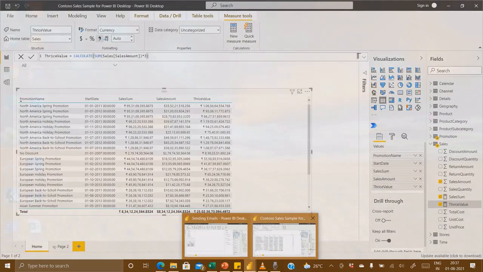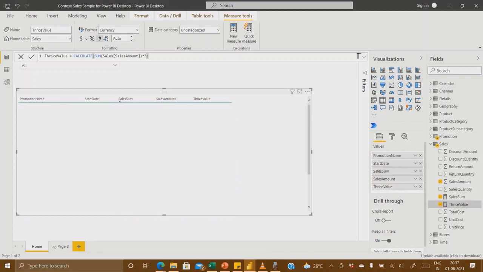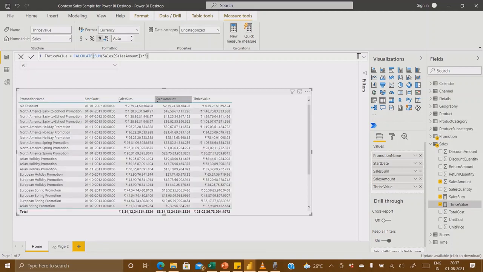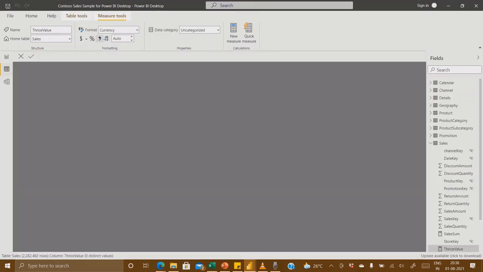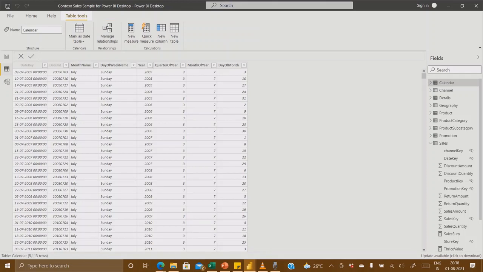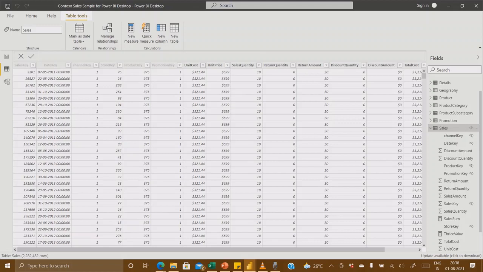Now going back to our Power BI file. Here, sales sum is our measure and sales amount is our direct column. If I show you here, I go to the data view, and this is my sales table.